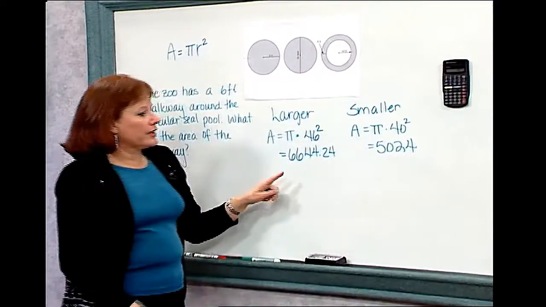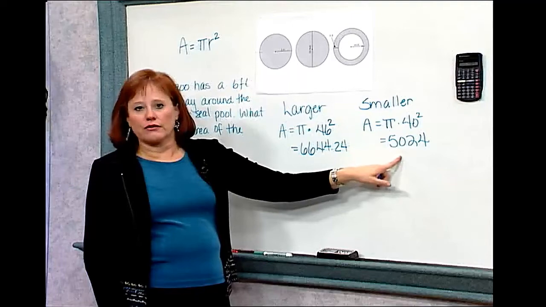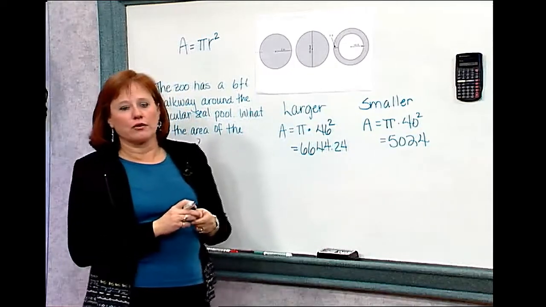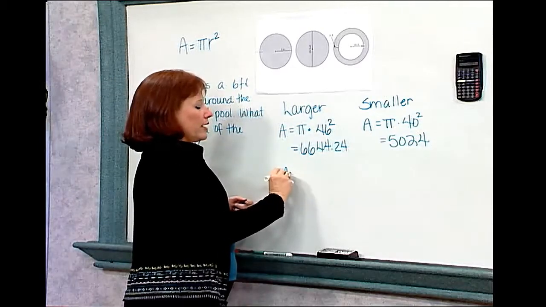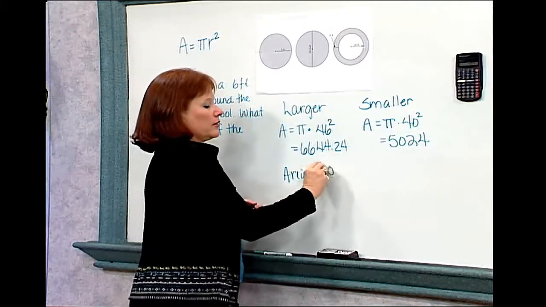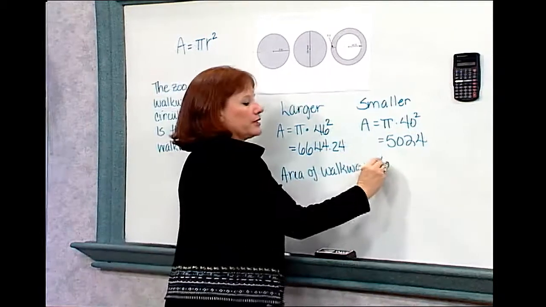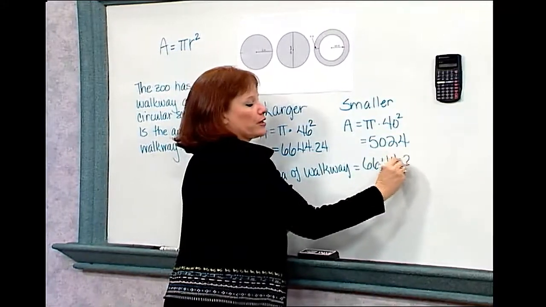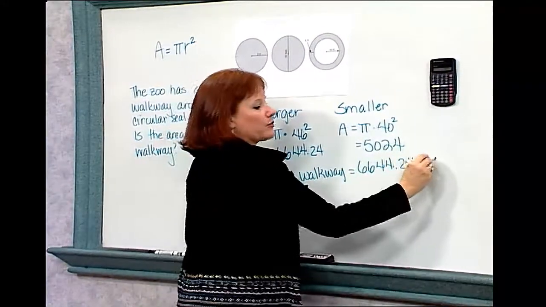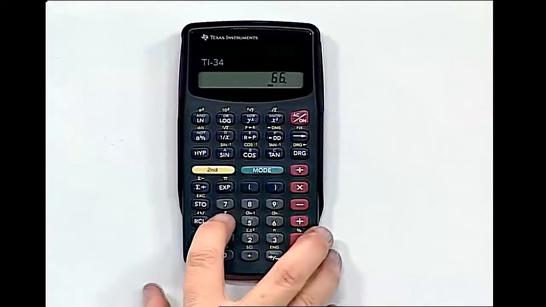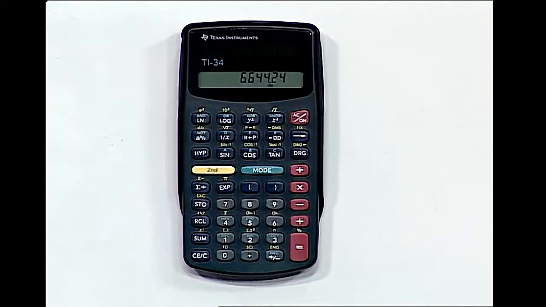Now I have the area of the larger circle and I have the area of the smaller circle, and I need to take the larger one minus the smaller one to find the area of the walkway. So for the area of the walkway, I'll take the larger circle, 6,644.24 square feet, and subtract the smaller circle, 5,024 square feet. So I'll take 6,644.24 square feet minus 5,024 square feet, and I'll get my final answer, which is